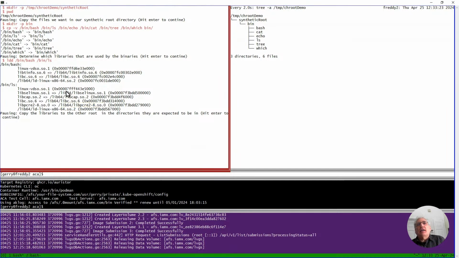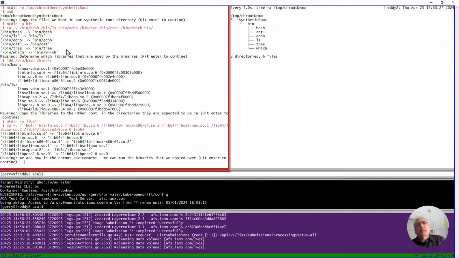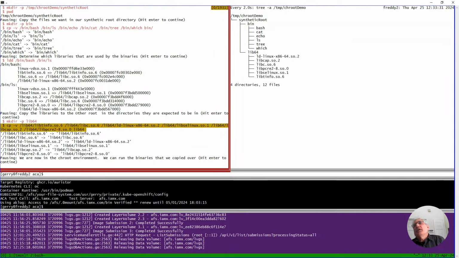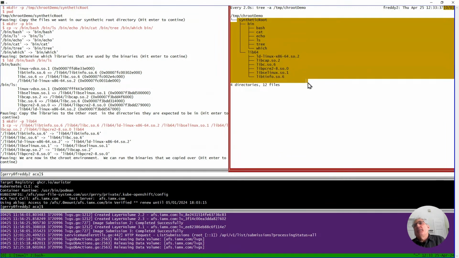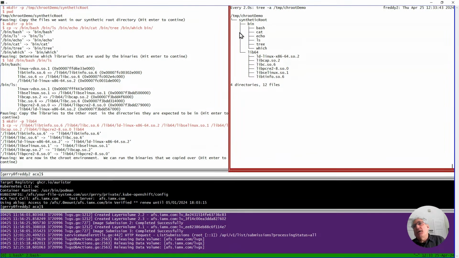So you see, it's got a bunch of dependencies. So what I'm going to do is just copy the dependencies. All I did there was copy all the dependent libraries that were in the directory /lib64 on your local machine into that directory. So now I have a directory synth root that has a bunch of files, but it's just a directory on my system. I can just ls there.